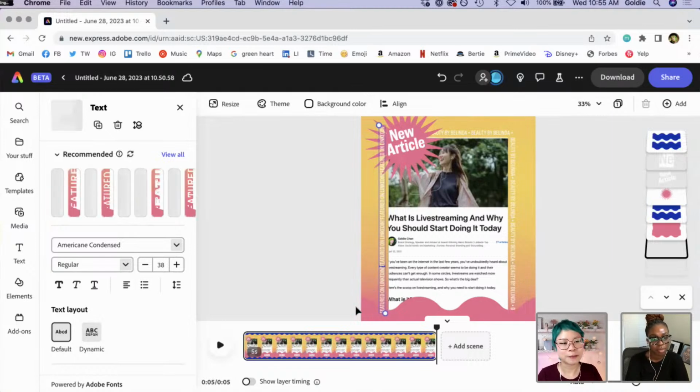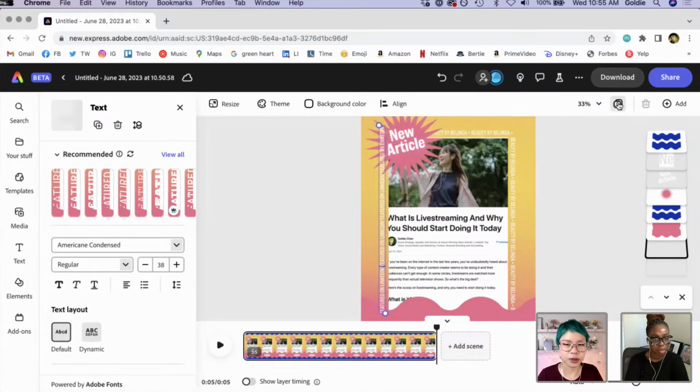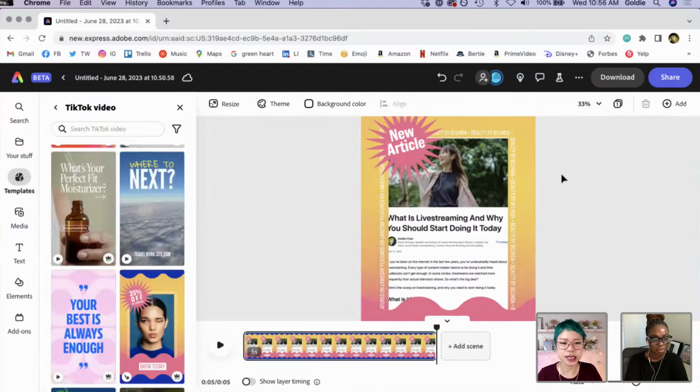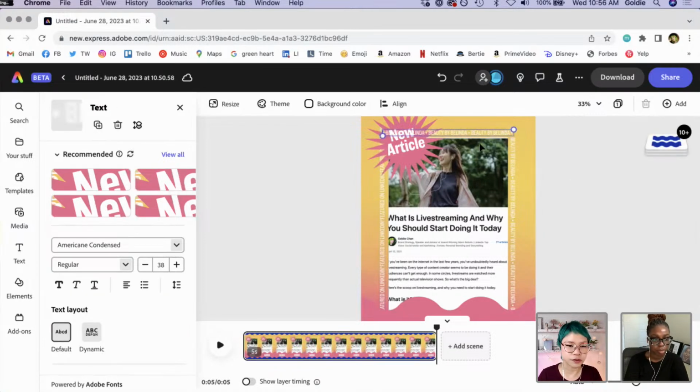But as you can see, now I've taken this beautiful template and it's a little harder to see. So I don't want a line. I want to move it behind everything. So we're just gonna move it behind everything. Whoops, not everything. Not behind that. We're gonna move it so it's behind some things. There we go. So now as you can see, the featured on LinkedIn now will be replacing the Beauty by Belinda. And we can manually do this with all of the other things.